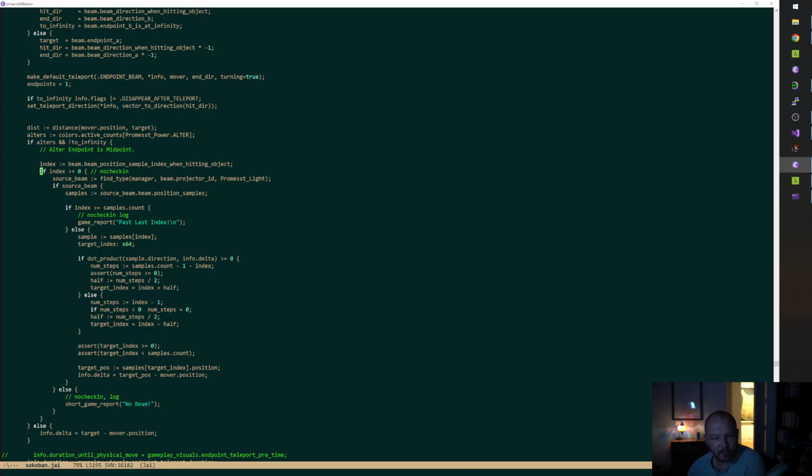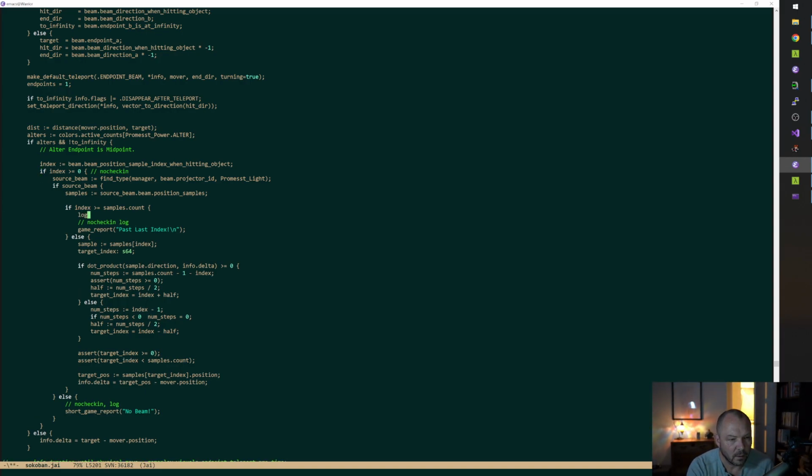All right. So here I'm going to say log error attempt to go past the last index of midpoint beam whatever. Index was whatever, samples.count was whatever. Okay, the midpoint beam is source beam. Wait,